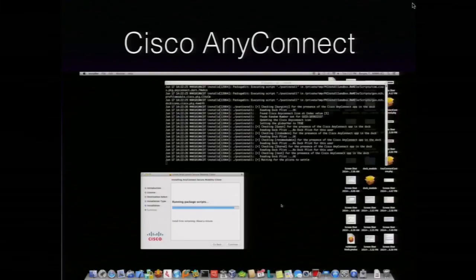And then what we're doing is tailing the install log right here so you can see what's going on. And you can see a post install ran. So we're going to go over what this post install script does. And you can see the last line here is saying waiting for the plist to settle. So obviously we did something with the plist. And once cfprefsd settles down,